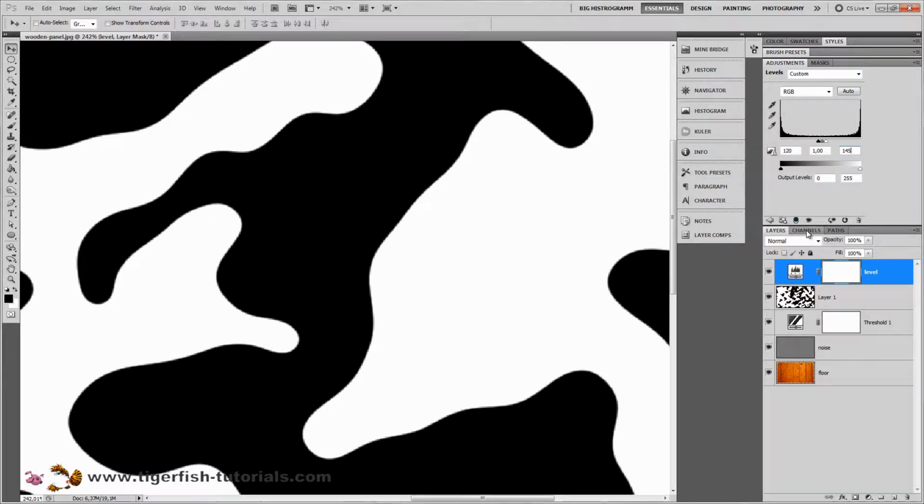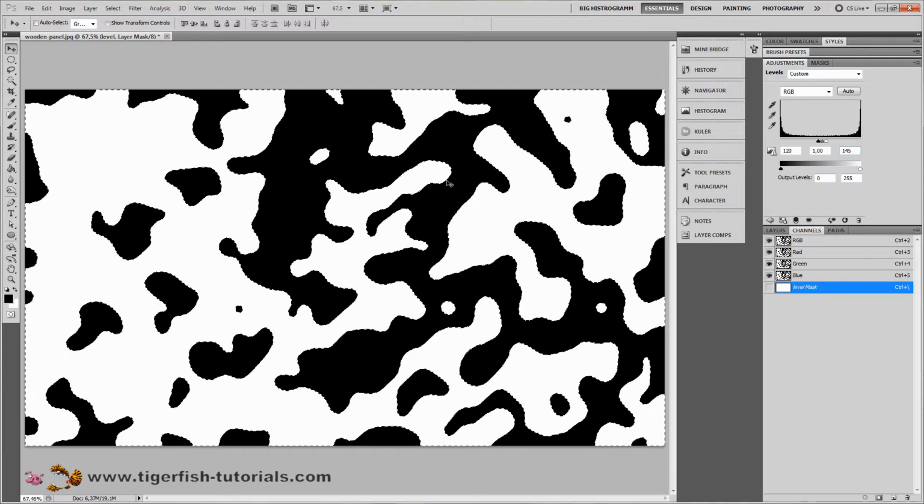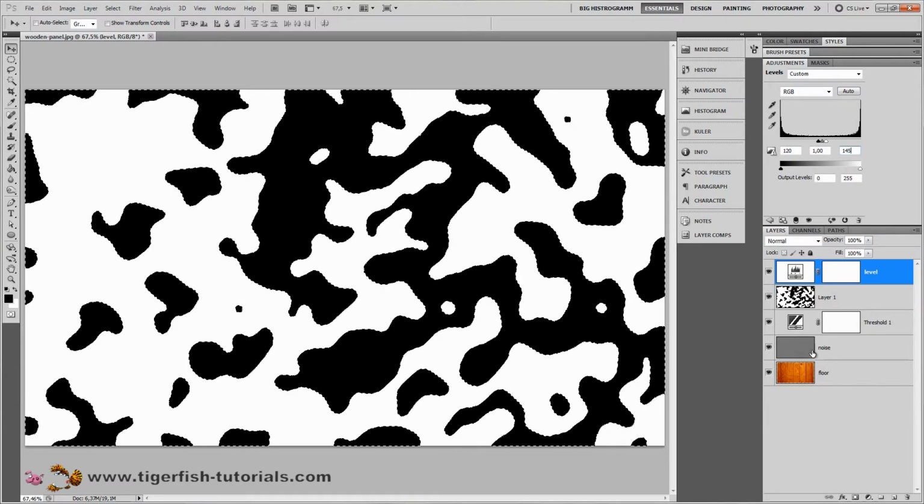So now we go to the Channels panel and Control click or Command click on any kind of channel here, like blue for example, and now we have the white area selected, so we want to select the black areas. Go to Select, Inverse. You can't see the changes, but now we have the black area selected. We go to RGB, back to layers, and now we want to